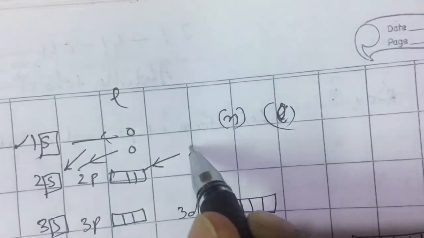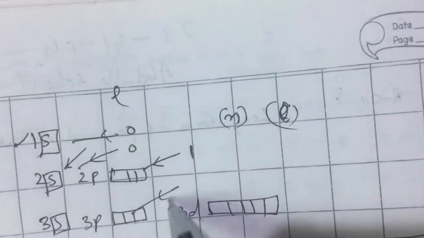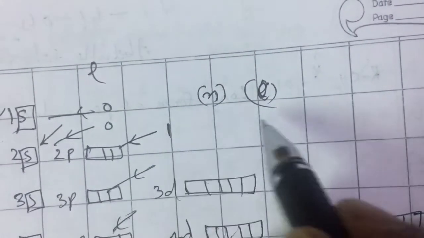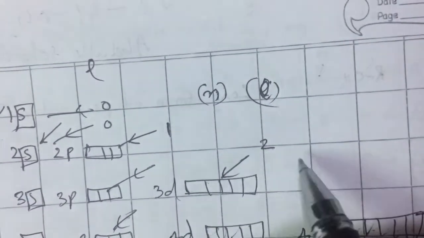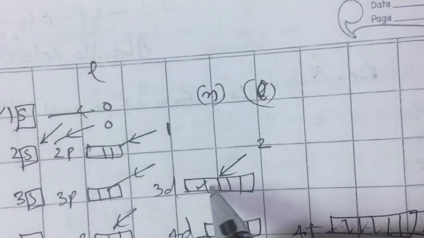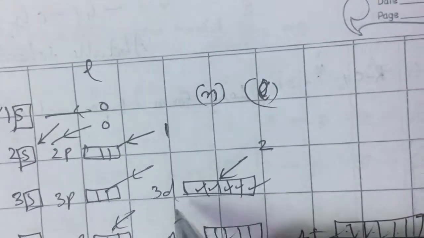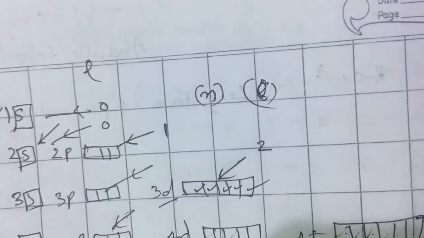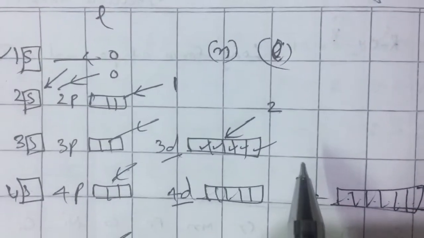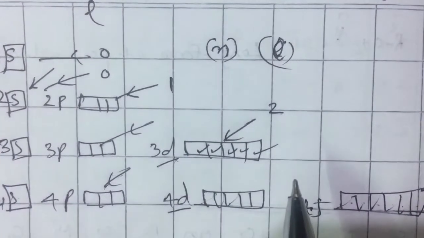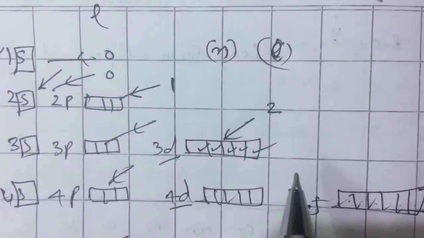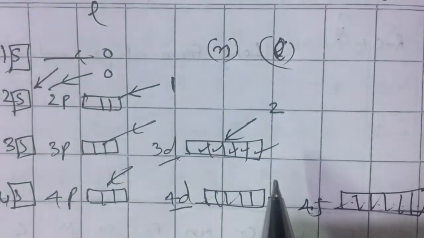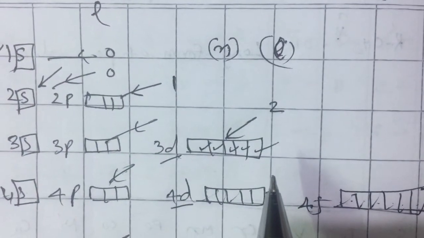If L value is 1, it is a p orbital. It can be 2p, 3p, 4p, 5p, any p orbital set. If L value is 2, that is a d orbital. That can be any of these d orbitals out of 5, any one. It can be 3d or 4d, 5d, 6d, anything. You understand? So for every set of orbitals, the L value is unique. If L is 0, it is always an s orbital. If L is 1, it is always a p orbital. If L is 2, it is always a d orbital, and so on.